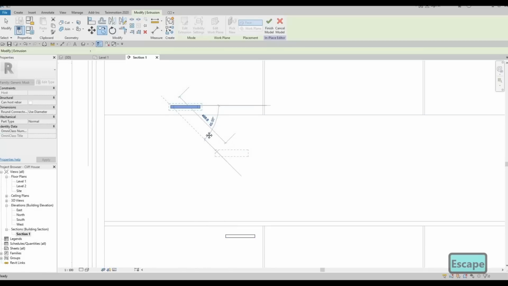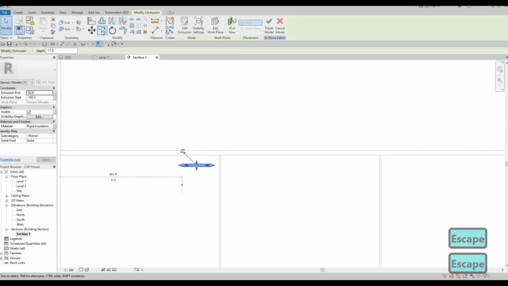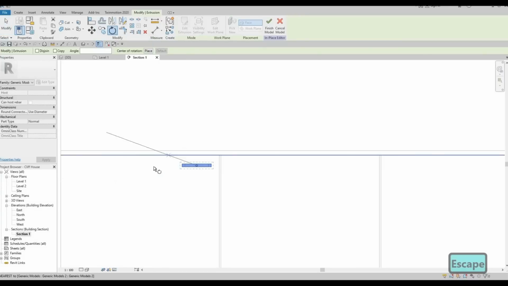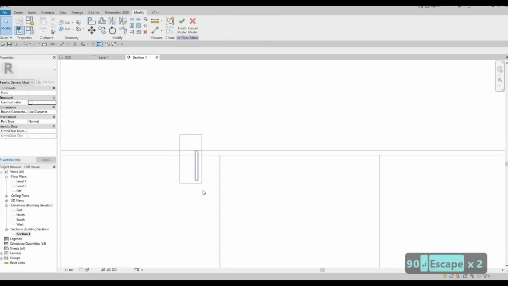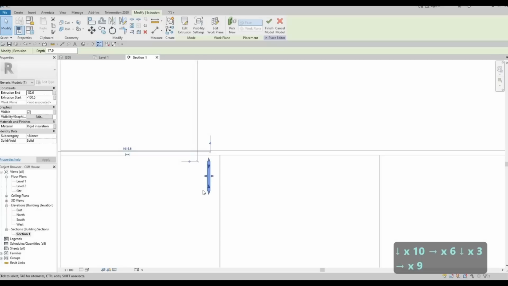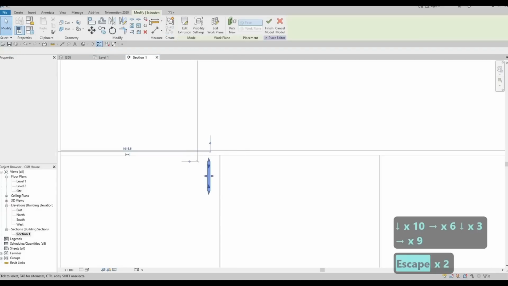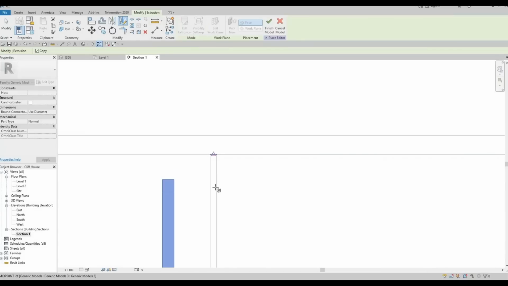I'm just gonna put it like that, and then after that I'm gonna select this back again and rotate this 90 degrees, and then just move it with my arrow key to the position that I want. So I'm happy with this location. I could just mirror this one on this midpoint,